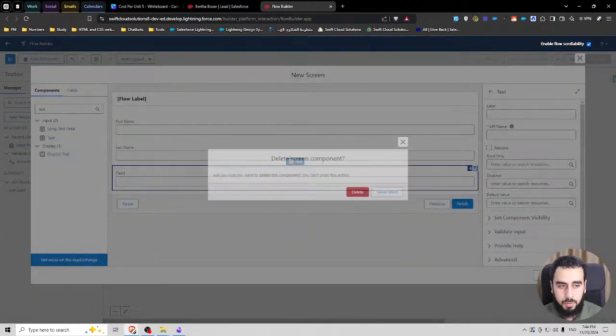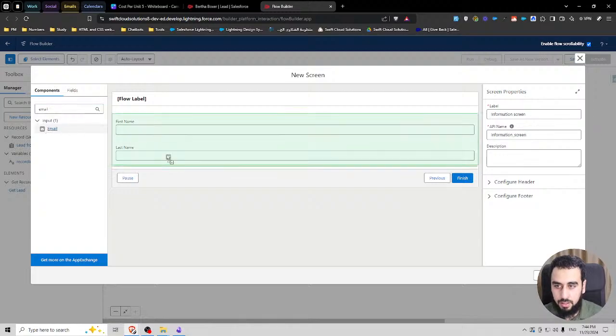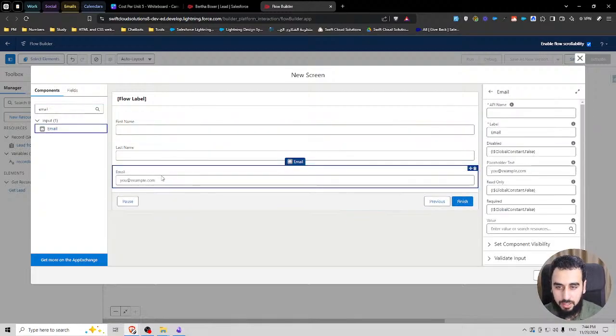This is not supposed to be an input. This is supposed to be an email data type. An email is actually a text, but it's a text with built-in validation to confirm that it's in an email format.